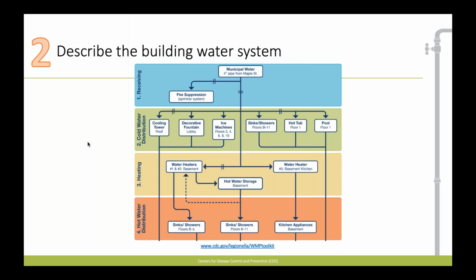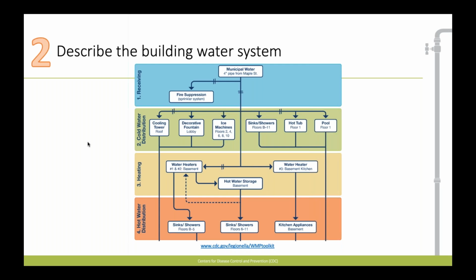You have this many cases on this floor in this wing of the facility. Where does that water come from? How does it come in through the main? Where is it heated? Where does it flow after that? Is it on a circulation loop? All of these types of questions are really required to conduct a true full environmental assessment. It's also helpful from the epidemiology perspective: if you see that it's a particular riser or a particular leg of the water system where the cases are occurring, that can really help target the response.